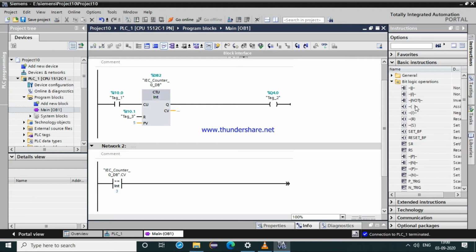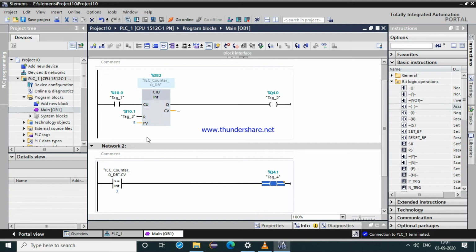You can use your comparator to compare functions. If I want to turn on another output at a count of 3, you need not take another counter. That is, if you want your counter output 4.1 to operate at the counting of 3, you need not take another counter.